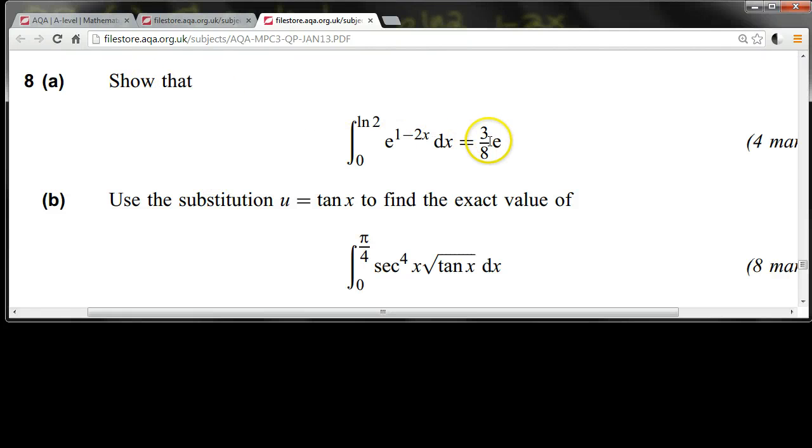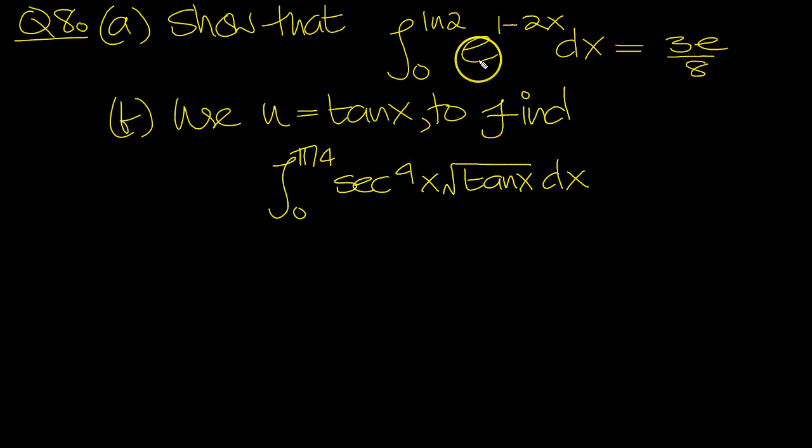Show that this integral equals 3e over 8 and use this substitution to find the exact value of this integral. So that's the question then. So let's have a little look at it. So here, this one, part A, I'll label it as I. So I equals then,